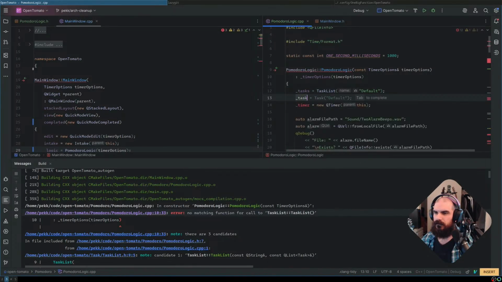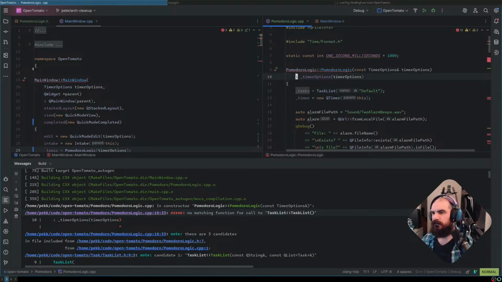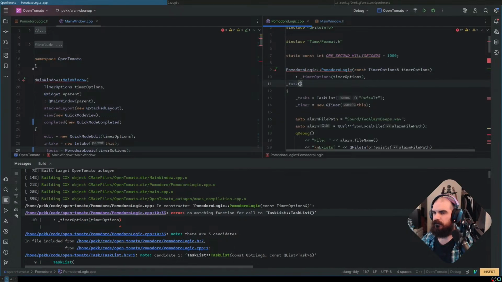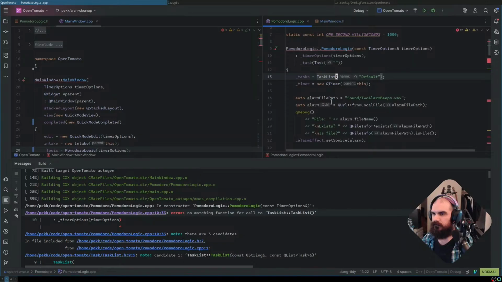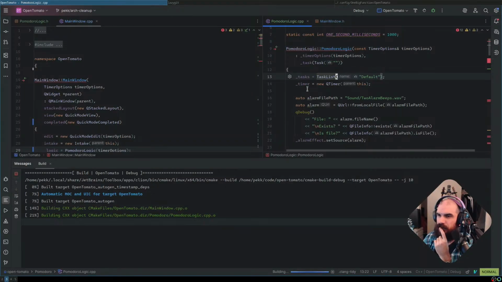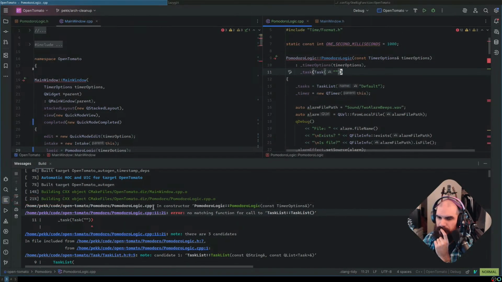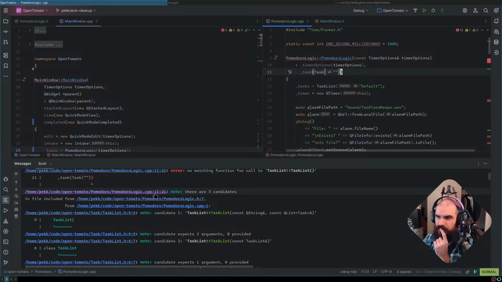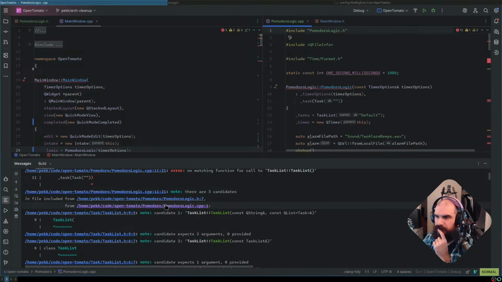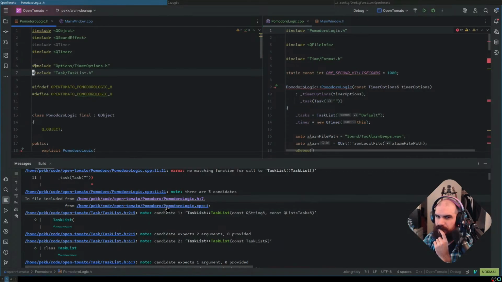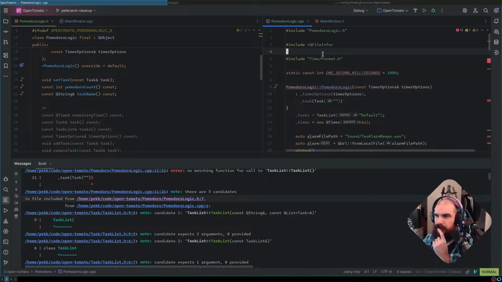Hmm. No matching function call for task list, task list. Oh, do I have to include it here too?